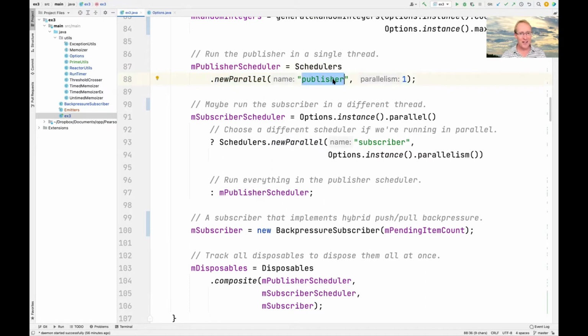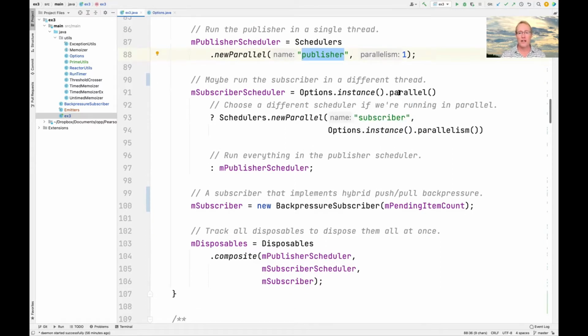And that's why all the logging information you saw when we ran the program all said publisher-1, because that's the first publisher thread. Then down here, we do some fancy footwork. We check to see if the parallel option has been set on the command line or whatever the default is. And if you're running in parallel, then we go ahead and make a new scheduler, which we call subscriber,